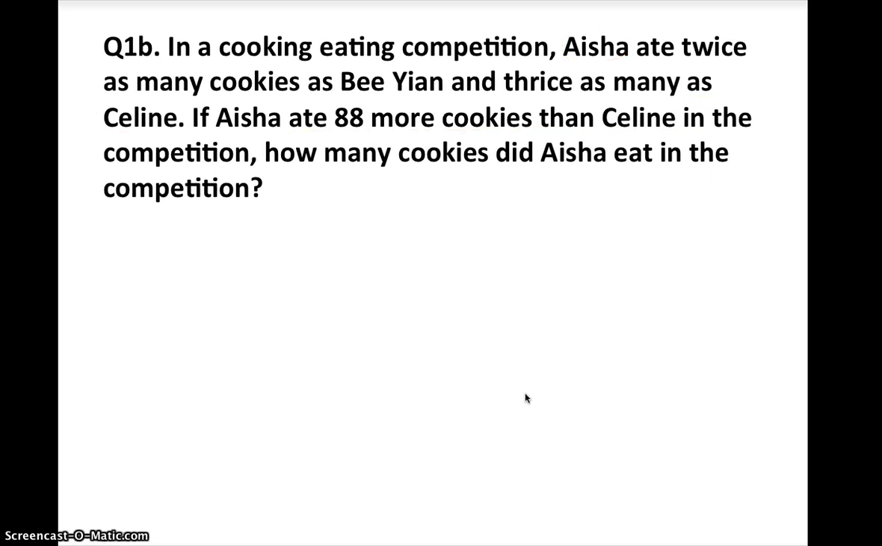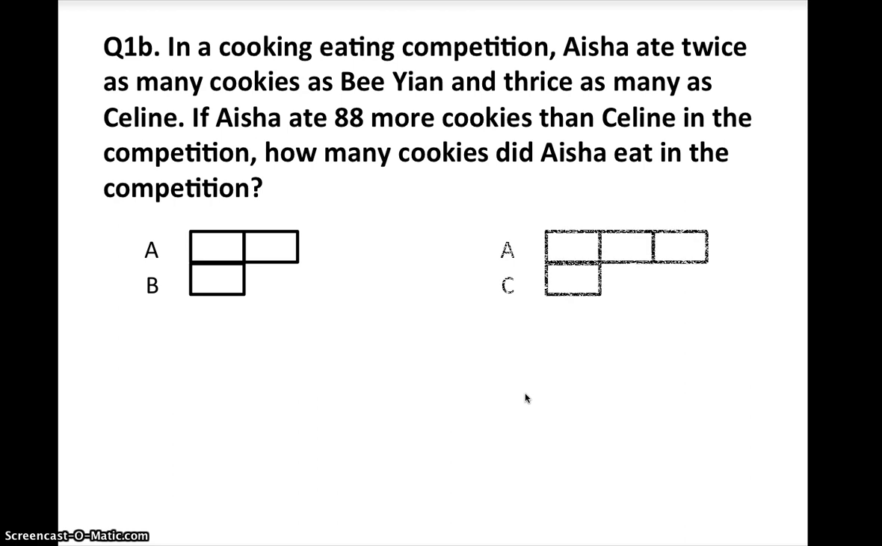Now it's similar. In a cookie eating competition, Aisha ate twice as many cookies as Bian and 3 times as many as Celine. So similar to the previous question, Aisha ate twice as much as Bian and Aisha ate 3 times as many as Celine. Alright, so who is the person repeated in this question? Similarly, Aisha is being repeated in this question, which means that